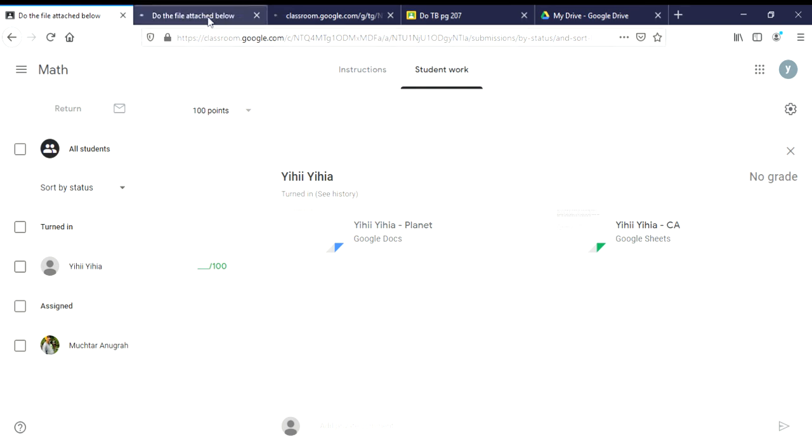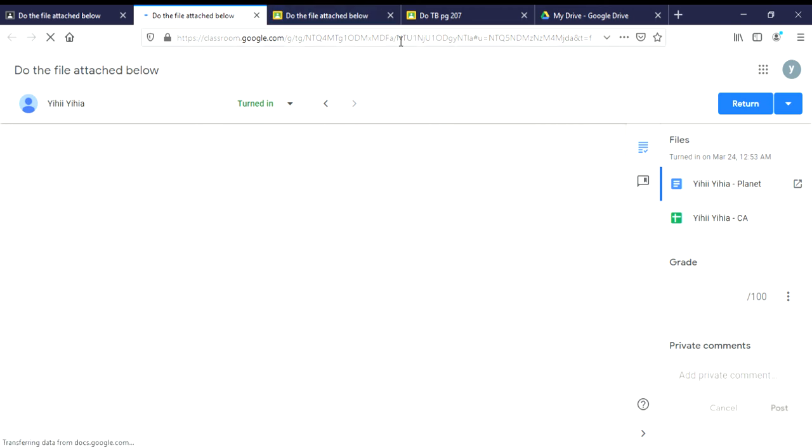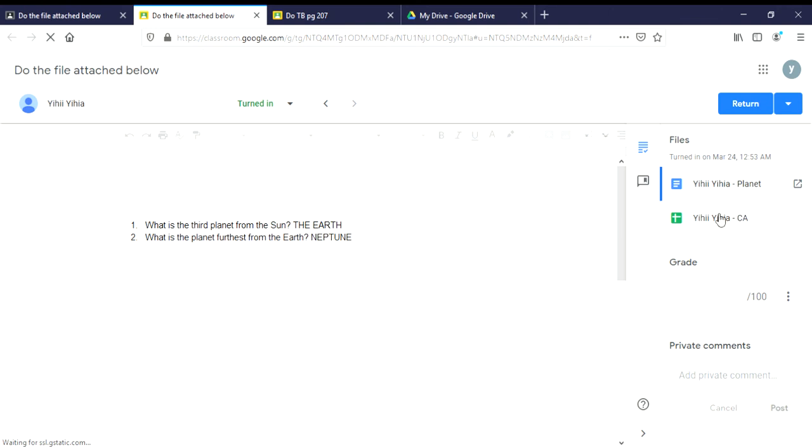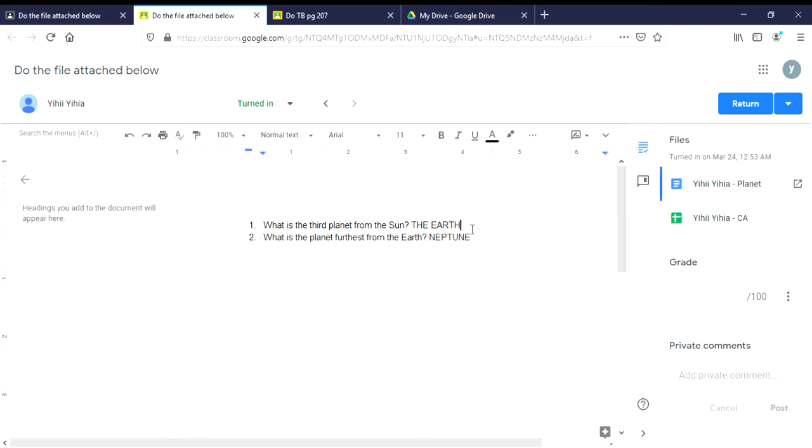We will see both. This one is the Google Sheets. Actually, you can just open one and then you can check it here. You see, the first one is the one that we changed the answer already. We have changed the answer. I believe you can, yeah, you can change it. This is like you are putting comments in your student's work right away. Okay, and then you can just return it later.